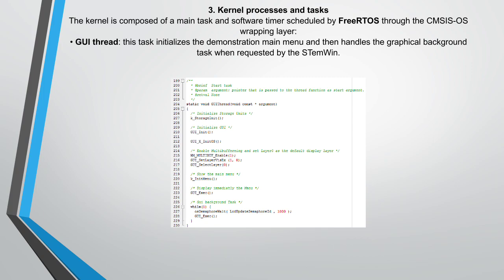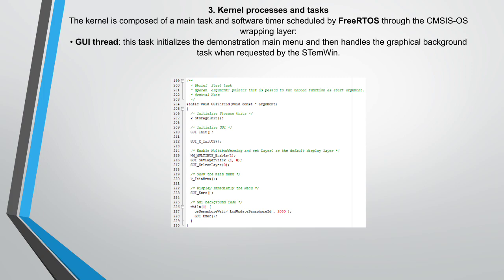We have a static void GUI thread which takes an argument of void const, and the k_StartUp is called: GUI_Init, GUI_X_Init, and enable the multi-buffering using WM_MULTIBUF_Enable, GUI_SetLayerVisEx(1, 0), and GUI_SelectLayer, k_InitMenu, and then display immediately the menu.